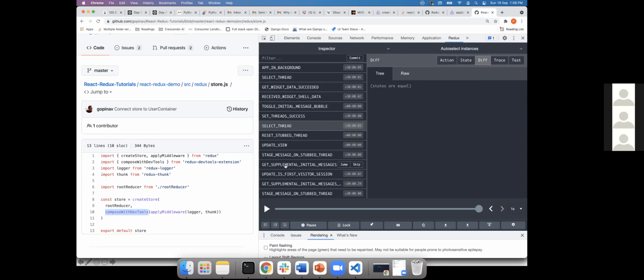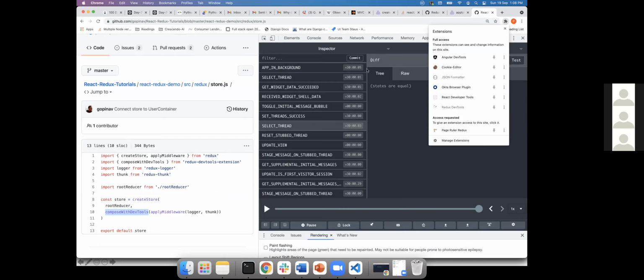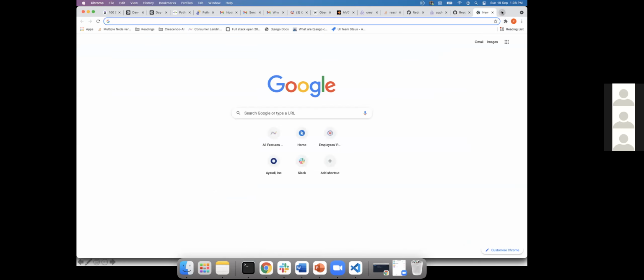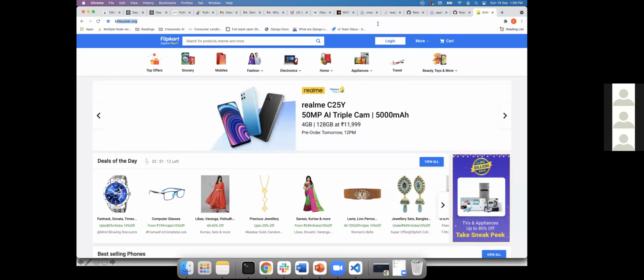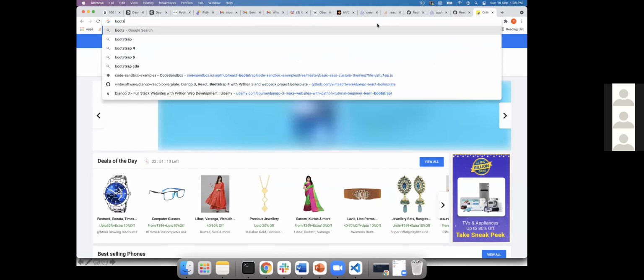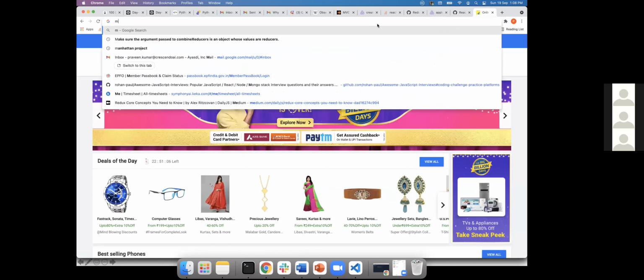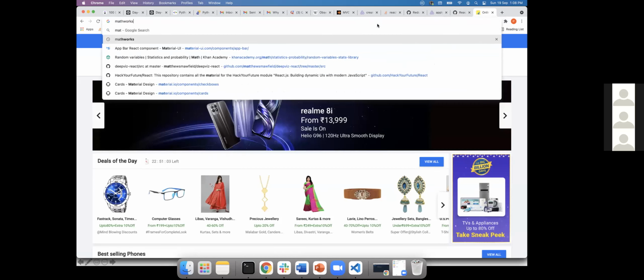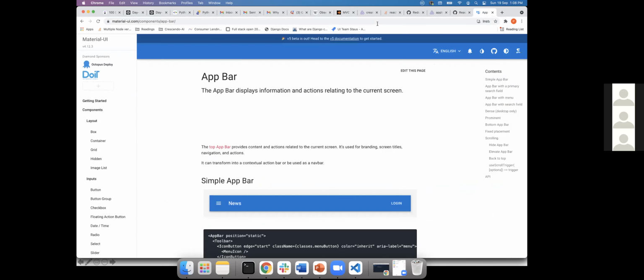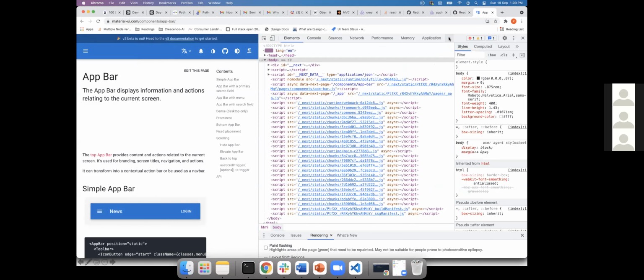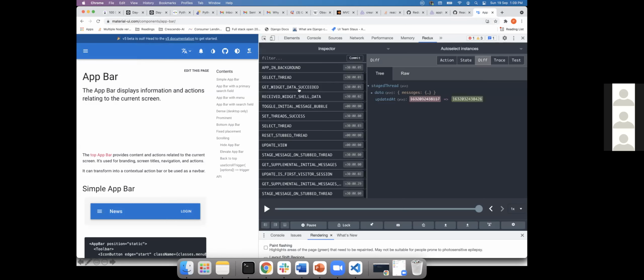Now tell me, you have seen so many things so far, right? This application is developed not using React. I don't know why. Let me take you to another site, whether they exposed it, I don't know. Not Flipkart, Bootstrap or Material UI, I'll take. Let's take all that. They have this component, the Redux app in the background.